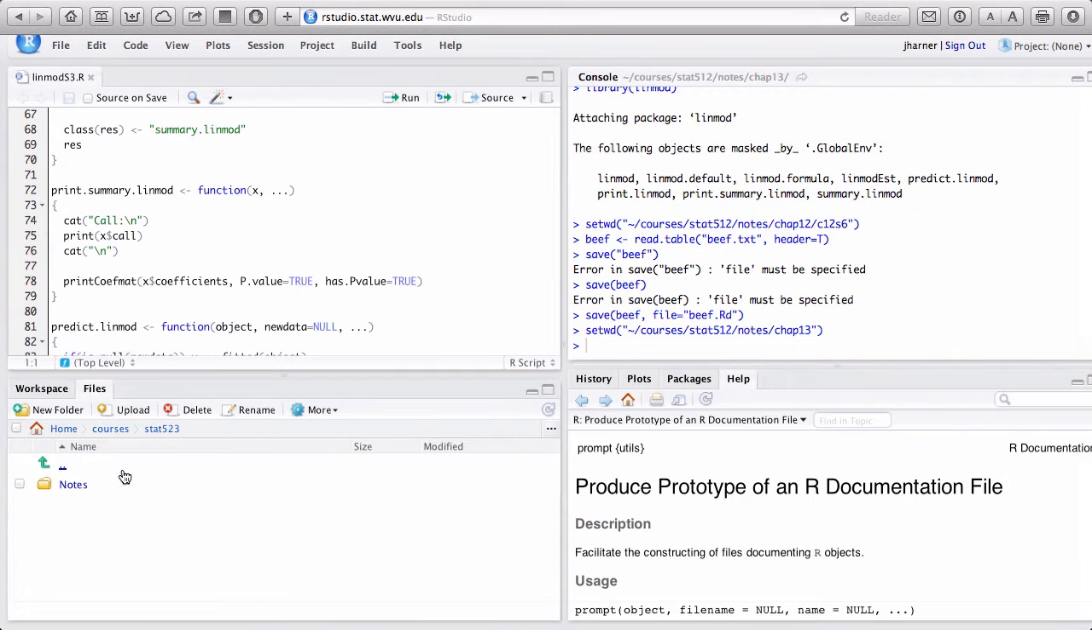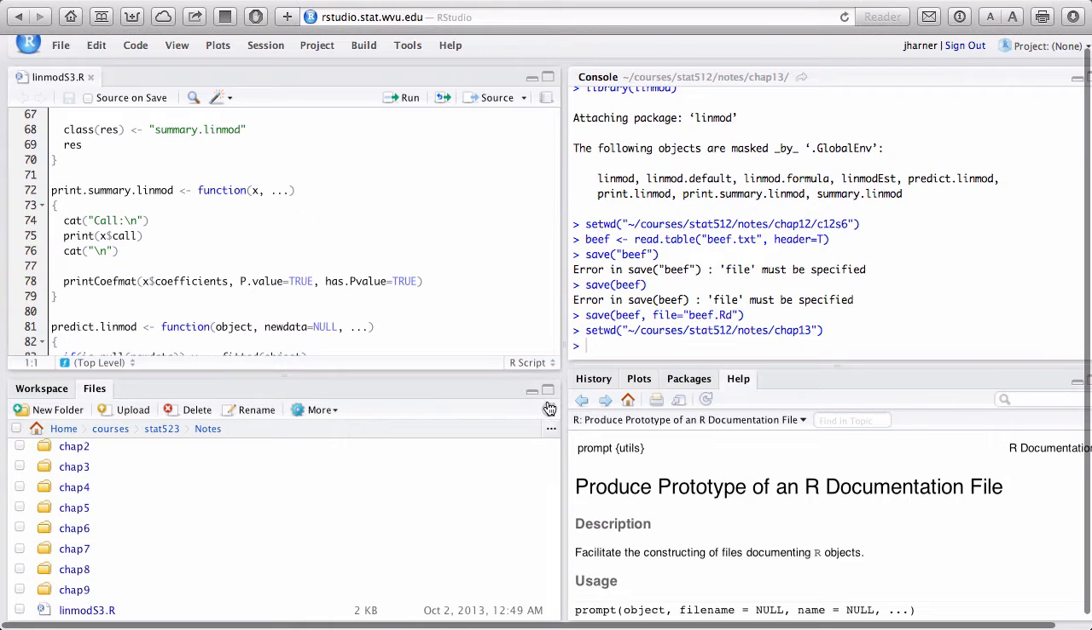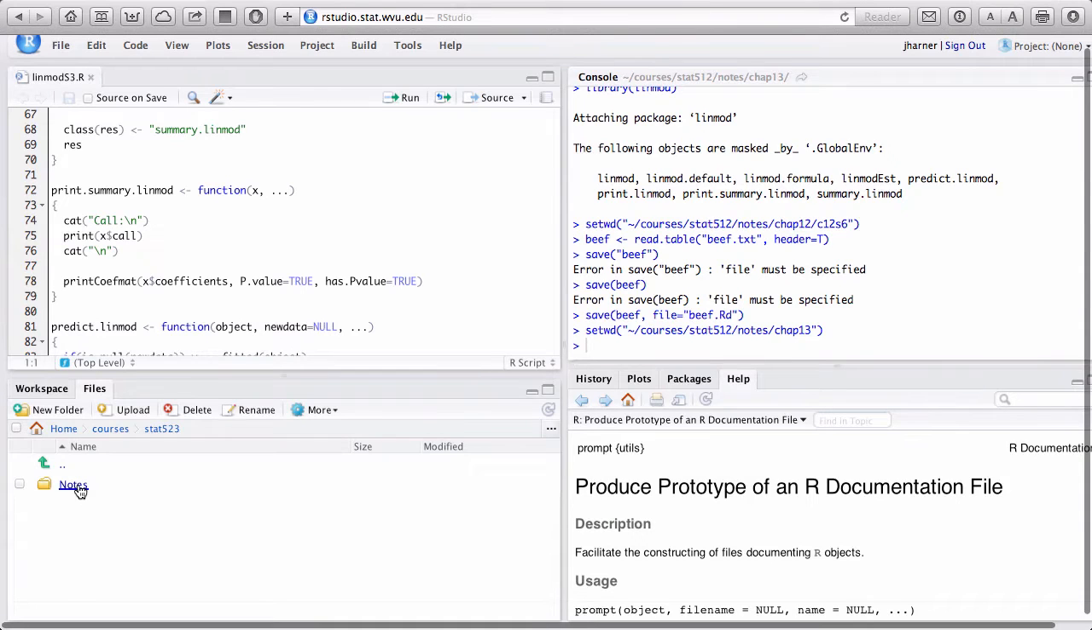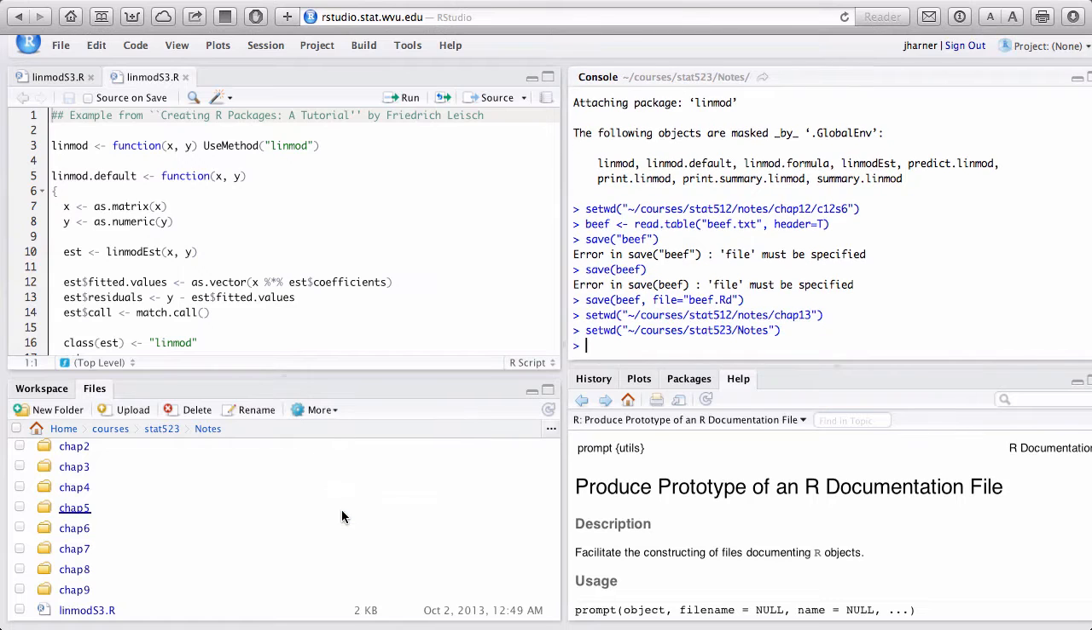So if I go back here, where is it? If I go to courses 523, was it under notes? Yeah. Okay. So let's open this up, and I'm going to set this as the working directory. So I'm going to set this notes. And now what I'm going to do is I need to